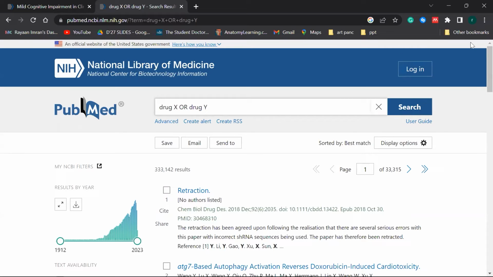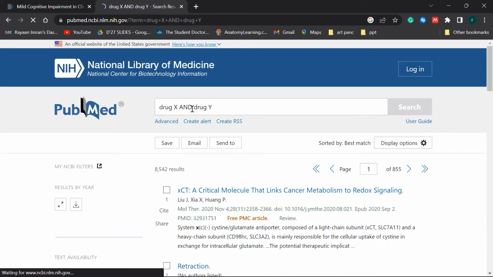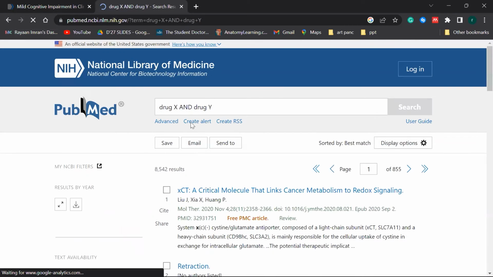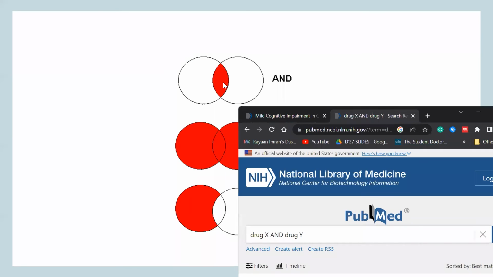So like Abia just asked, can't we do drug X and drug Y? Now what drug X AND drug Y will do, if I just click on AND, what this Boolean operator will do is that it's going to narrow down the searches. So as you can see, पिछले search में I had 333,000 because they include both the drugs, right? If I go ahead and do AND, it shows me a limited amount of drugs. So as I've already shown in the Venn diagram, is only going to show me the articles में दोनों की बात की गई हो, and that again depends on your article, whichever one you write it.